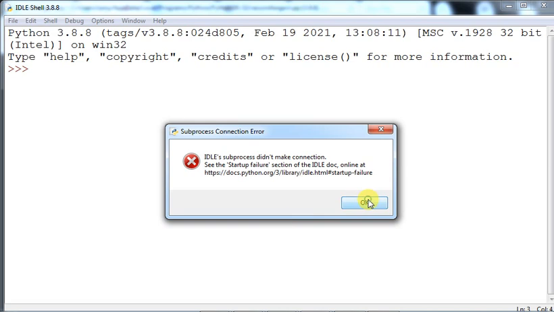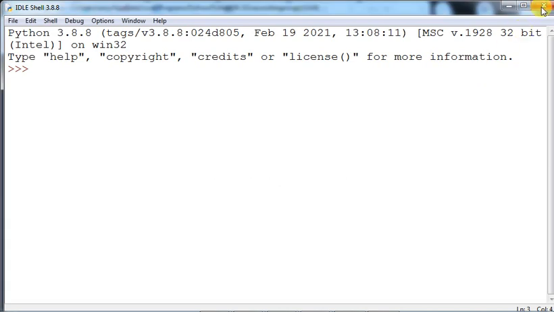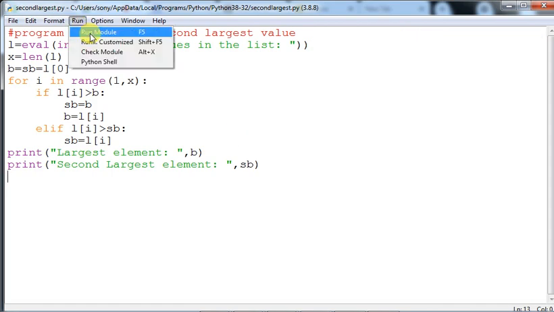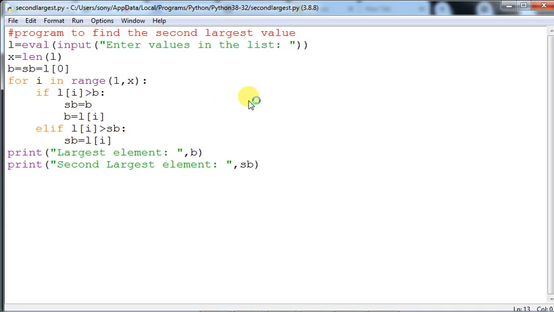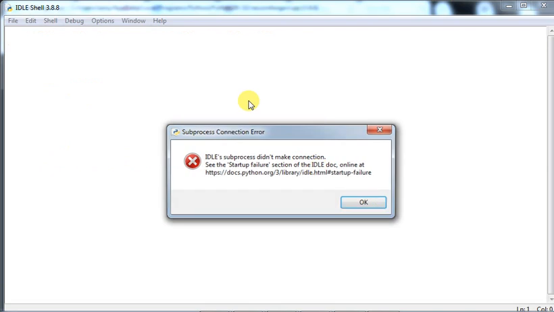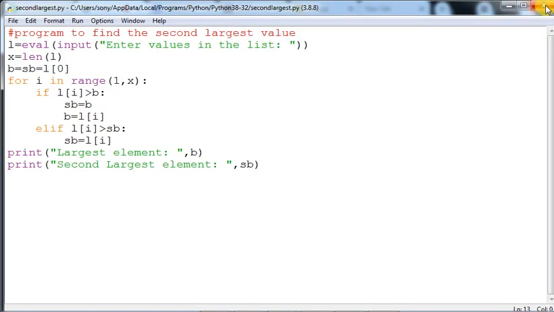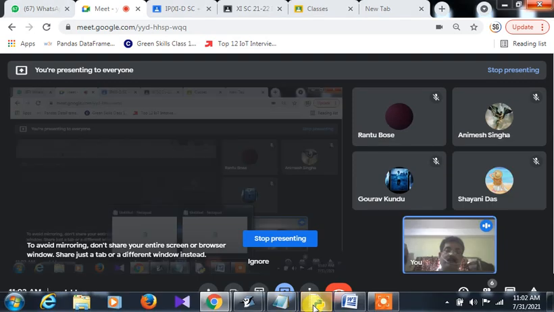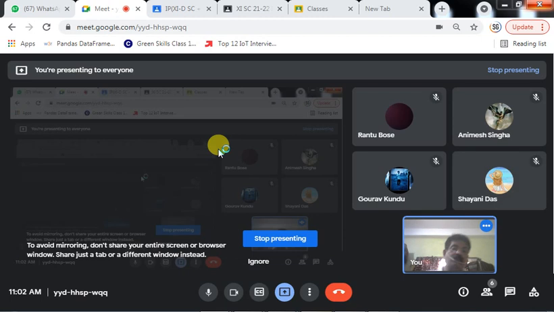The IDLE is giving trouble, so we have to close it here and reload the program. Run module. Let it execute. This particular program is a very easy program to do. Sorry, just a minute, I'm closing it and reloading it once again.